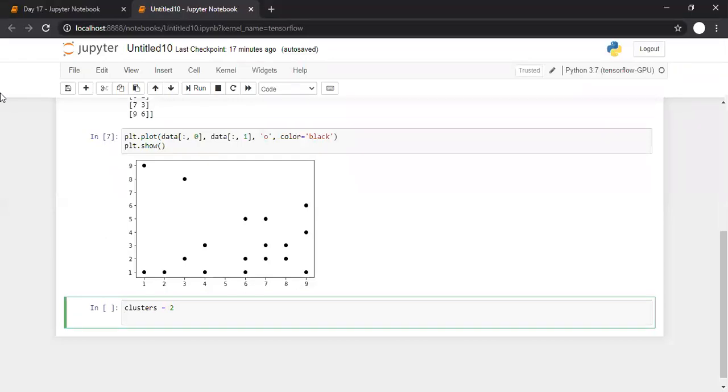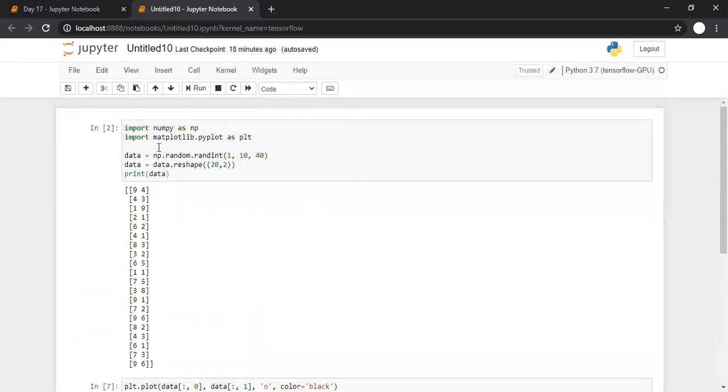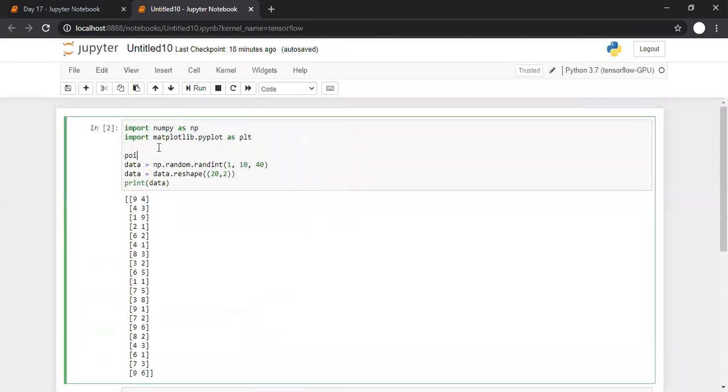A similar concept is there in clustering. When you start clustering, you don't know initially what the cluster centroid should be. So the simplest thing to go for is to select it randomly. So how can we select it randomly? Now we know how many points there are. Let us say I'm writing here, I want 20 points.